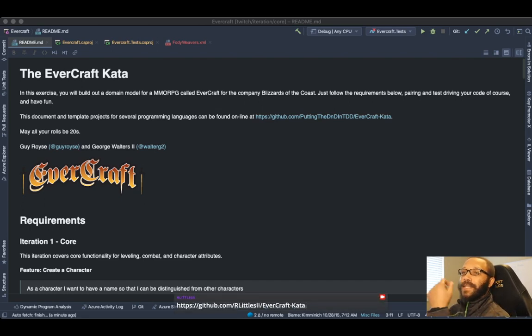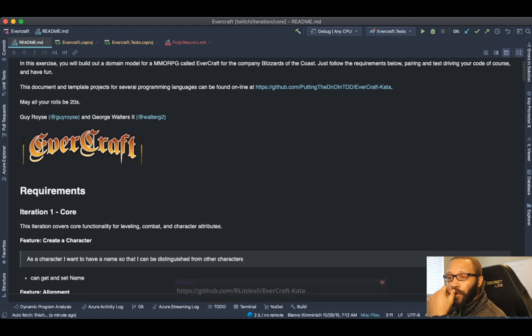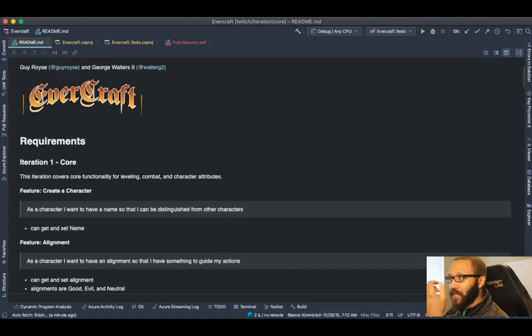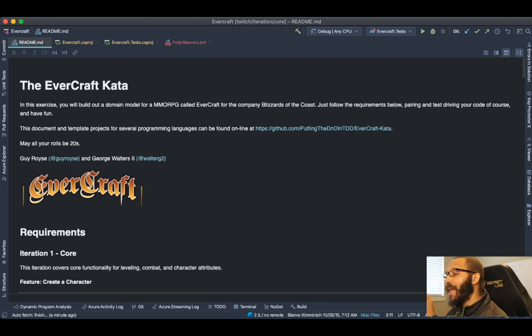So I did not create this code kata. Somebody else created it, and I just forked it and started doing a .NET implementation. So that's all there is to that. We're going to look at this code kata and the requirements, and talk through the requirements. I have already built a solution for this, but this is what I found while playing with it,